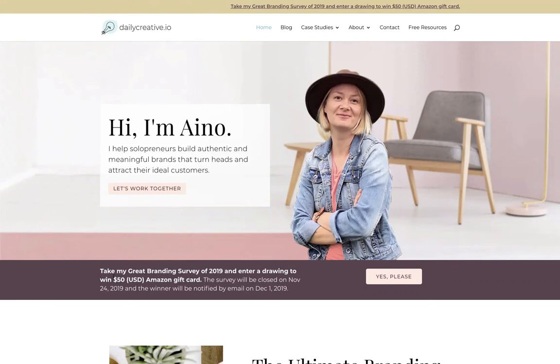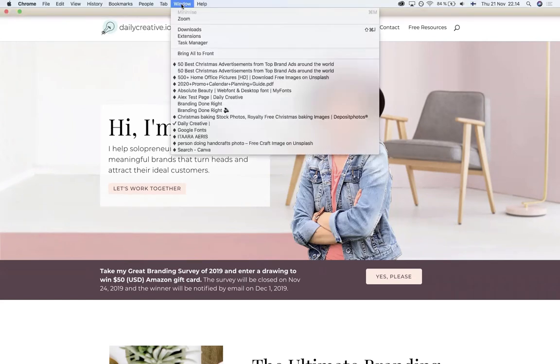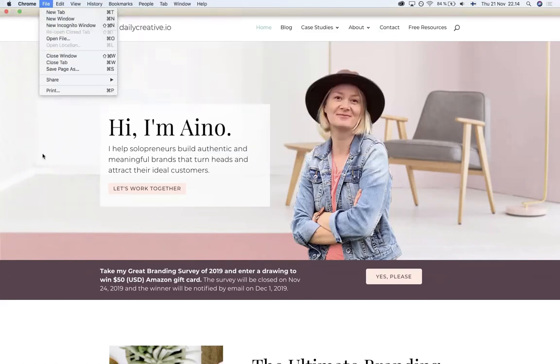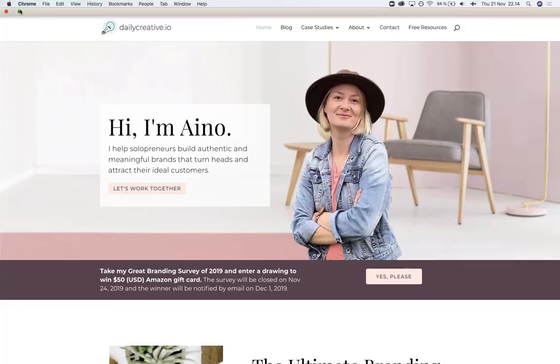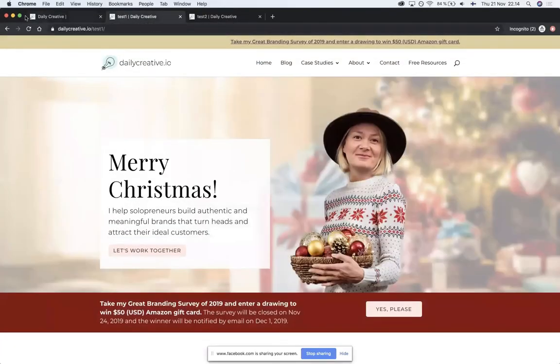So I want to show you two different ways that you could make this site look more Christmassy. And remember, when you're thinking about holiday theming, try to think of it in alignment with your branding. So I did two very different looking ones on purpose to show you that it really depends what kind of pictures you're going to choose. So let me show you, but actually, I'm going to have to come out of the full screen mode to be able to toggle here. So this is the first one.